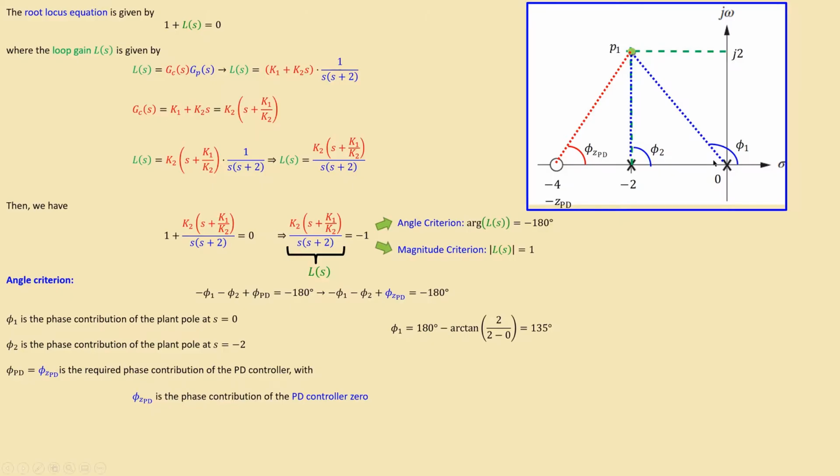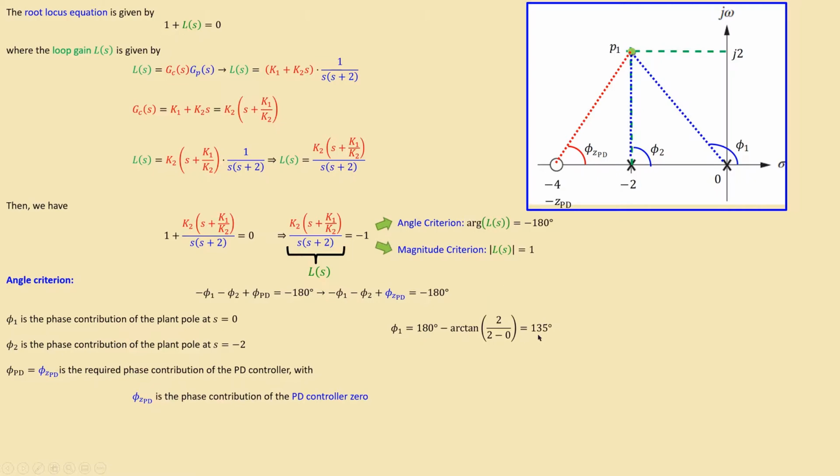So I use the tangent of this height divided by this length, so that's actually the arctangent to get to the phase. So I have an arctangent of the height, which is just 2, divided by this length, which is 2 minus 0, just for completeness. That's what I subtract from the 180 degrees, and that is phi 1,